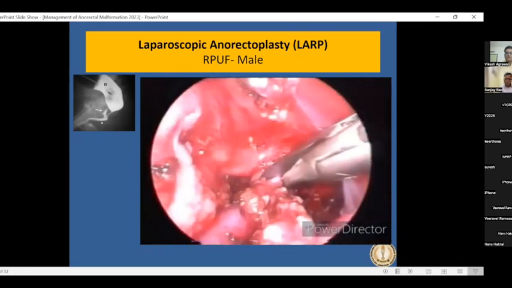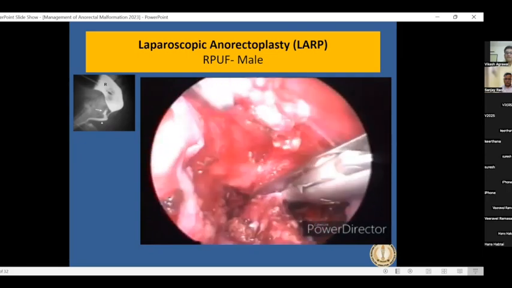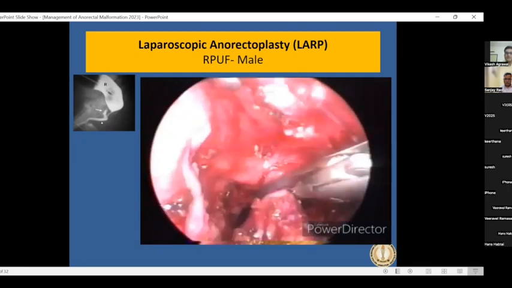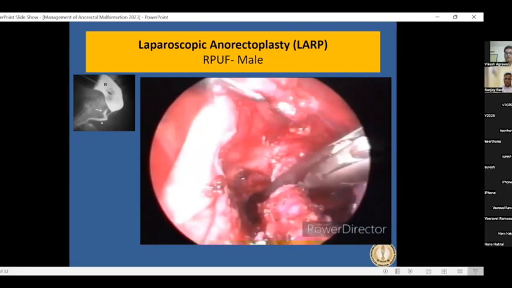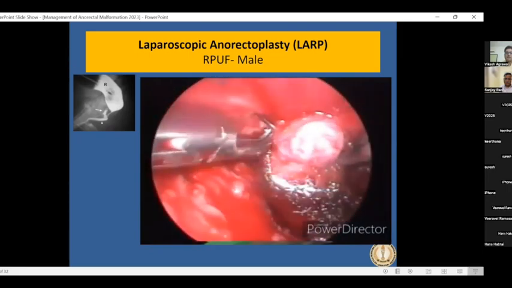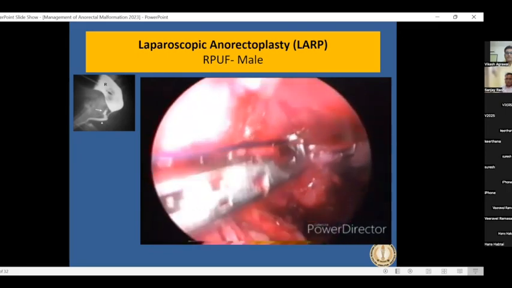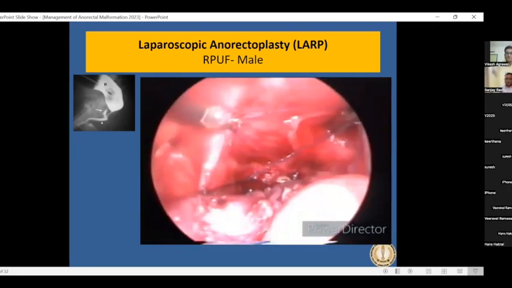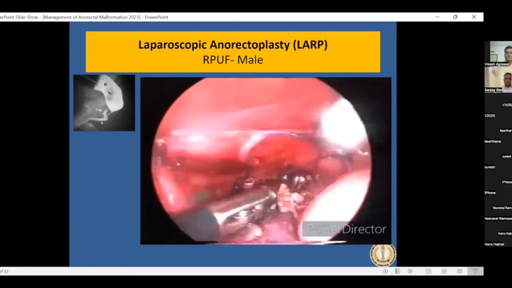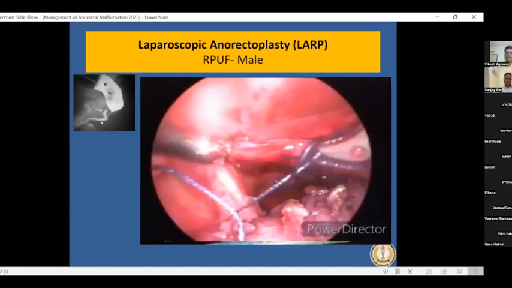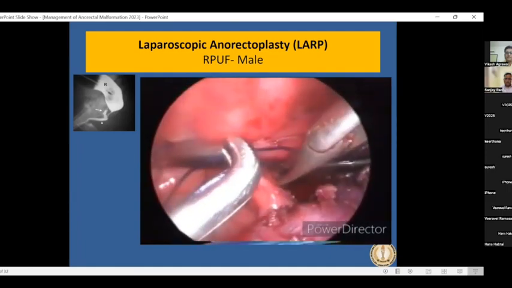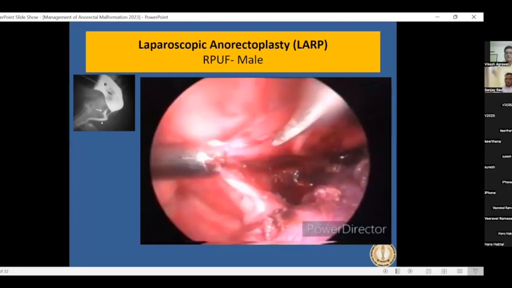identify the fistula. You can see the fistula being divided with the scissors, and the narrowed portion of the rectum gives you a clue that the fistula is ending here. If it is a wide mouth fistula, then you can suture close it. If it's a narrow mouth fistula, then you need not suture close it. And in most cases, like 60-70% of the cases, we don't close it.